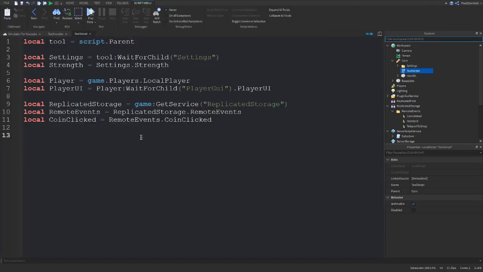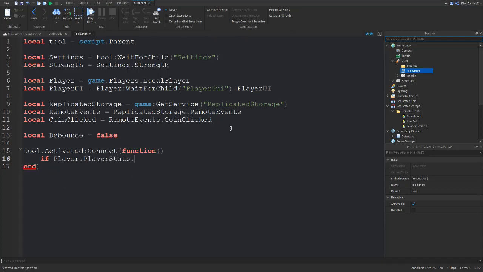Alright. We're back in our tool. And our last variable will be debounce. Debounce is basically what we name something we're going to use to give our script a wait, which I'll explain in a second. So we're going to do tool.activated:Connect function. And now we're going to start an if statement. So if basically means if, it's kind of obvious. If player.stats.current.value is less than player.stats.storage.value, then,